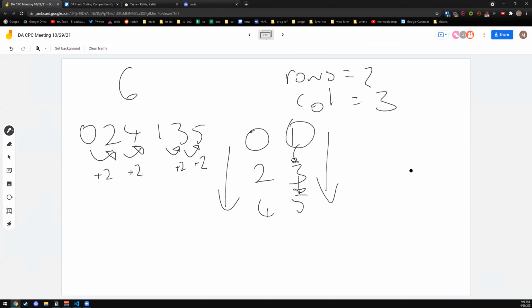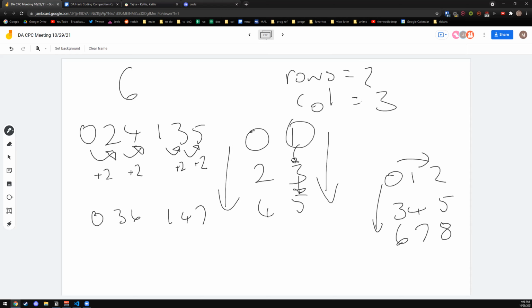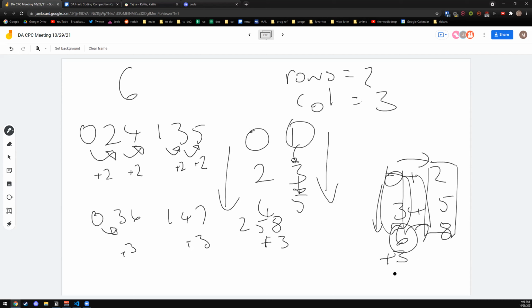what if there's 0, 1, 2, 3, 4, 5, 6, 7, 8, and then you read this way and then this way, right? So this would be 0, 3, 6, 1, 4, 7, 2, 5, 8. Well, the difference is always +3, but it divides into here, and then you do the +3 pattern 3 times, right? And when this number +3 is greater than n, then you go to the next number and